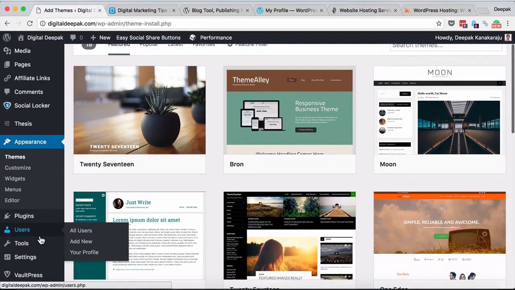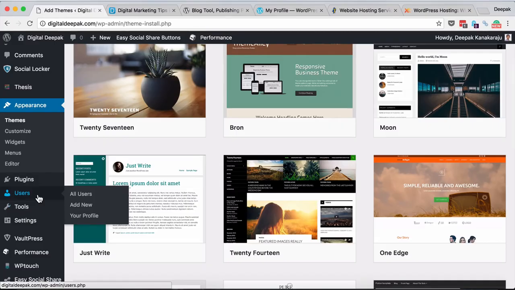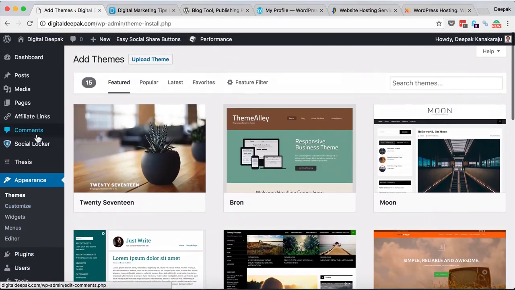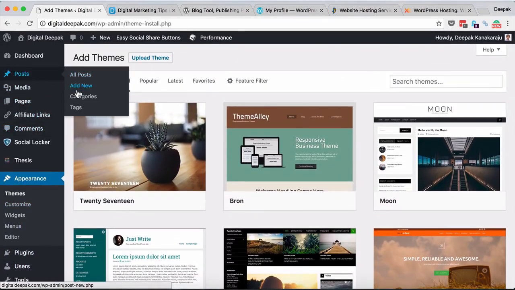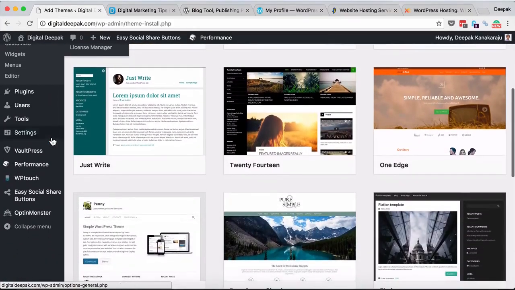Then there are users. You can add new users to your blog. For example, if you need to add a writer to your blog who could log in themselves and publish posts, you could add a new user. And you can set permissions for this user as well, such as contributor or author. They will not be able to change any settings in your blog, but they will be able to go inside posts and submit a new post. If it is a contributor, you can get a new post from them, and only upon your approval will it get published. Or you could give an author permission where they could publish